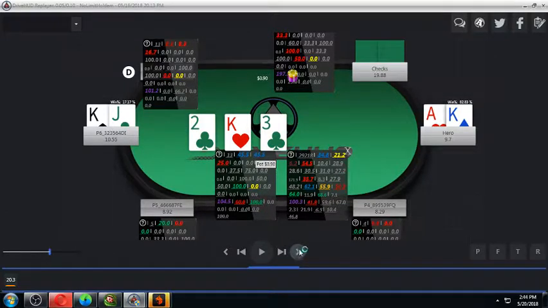So this is the situation. This is what I was looking for. And again, some newer players say, well, I bet to see where I'm at in the hand. Betting for information is not why we bet in poker. We bet in poker to get value from weaker hands or to fold out stronger hands. Now, there's other reasons to do things like protection, and then you get into some really complicated betting theories and things like that. But I bet because I want to start building the pot because I have top pair, top kicker,